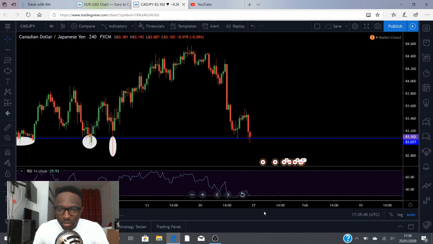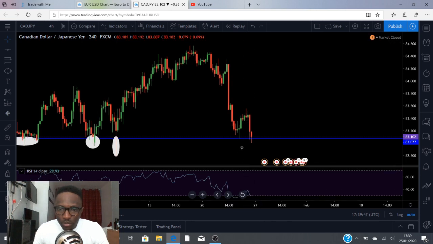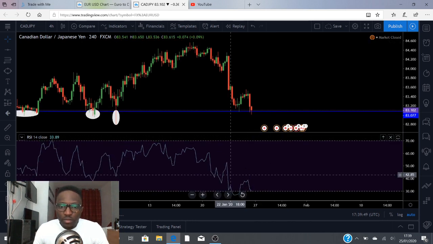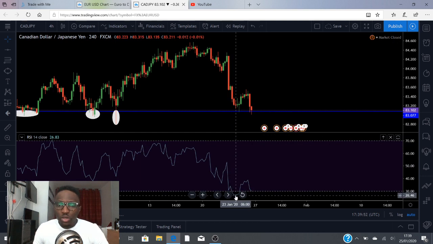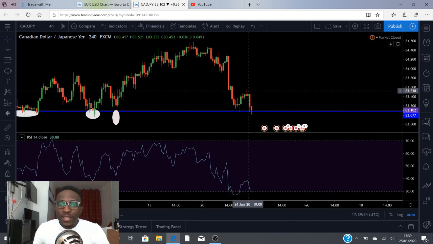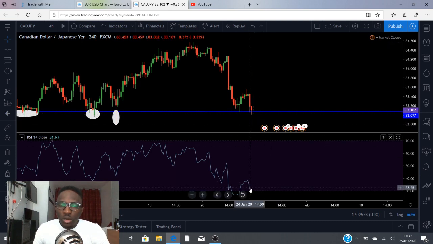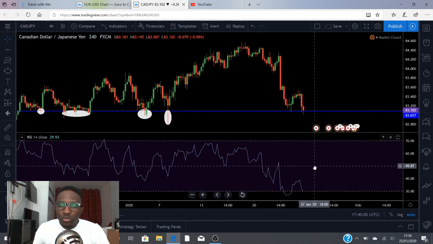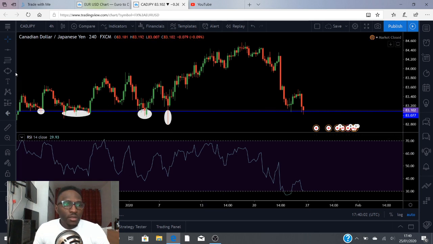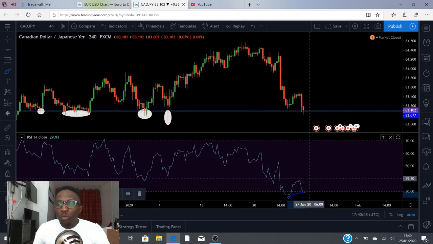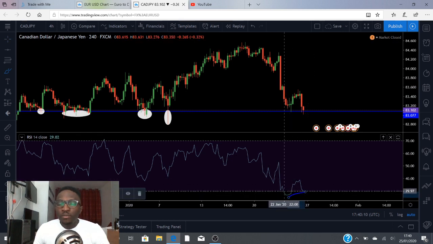So on the first test of that level, we can see that the market went oversold on the RSI. The second time the market came and tested that level, the RSI didn't go oversold. So with your knowledge of RSI, you can say that this is a bullish divergence. So we got a bullish divergence on the RSI,